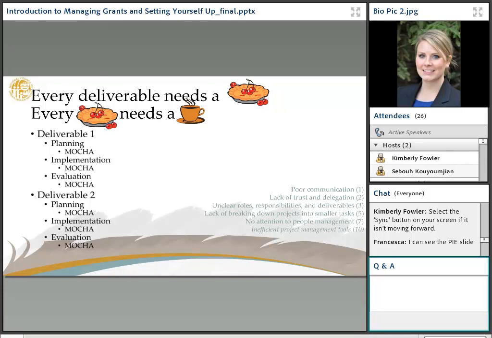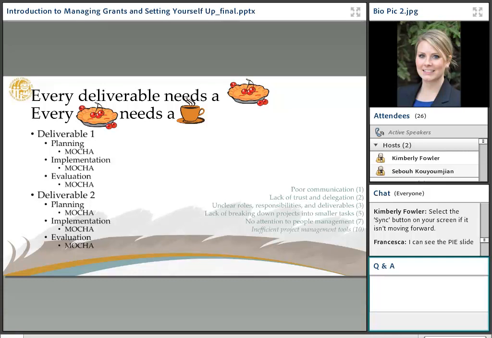How soon do you need to get the evaluators involved? Do you need their input in developing questions, or to truly get at whether you're measuring the right thing, since you're supposed to be accountable to the funder, for example? So really, being considerate and thoughtful for each one of those steps of the project and who's responsible for what really helps with that poor communication issue, with lack of trust and delegation. You're delegating right at the front, as opposed to already being behind and trying to scramble and figure out who should be responsible for this.